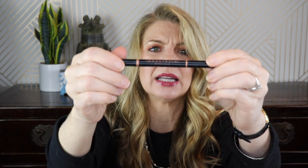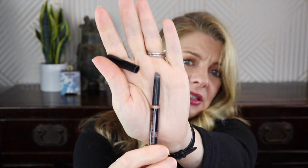What do we have here? The Anastasia Brow Pencil. This is a brow definer, and what happened, actually the last bit broke off. So, and it was dry and yucky. And for that price, you know what? The NYX are a lot cheaper and I think even a little better. So no, not repurchasing